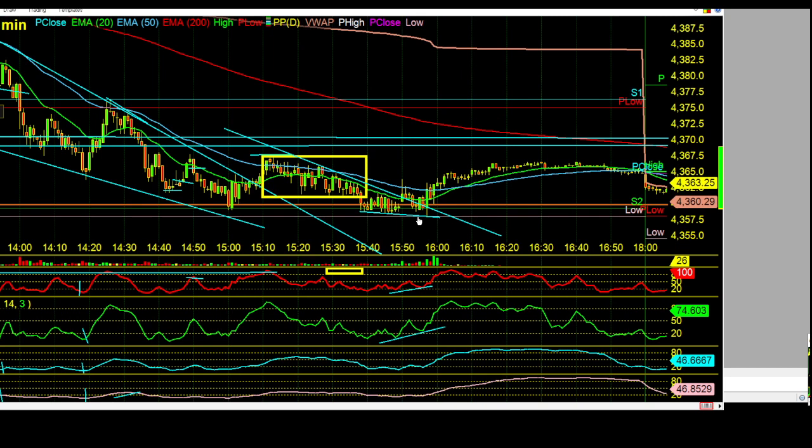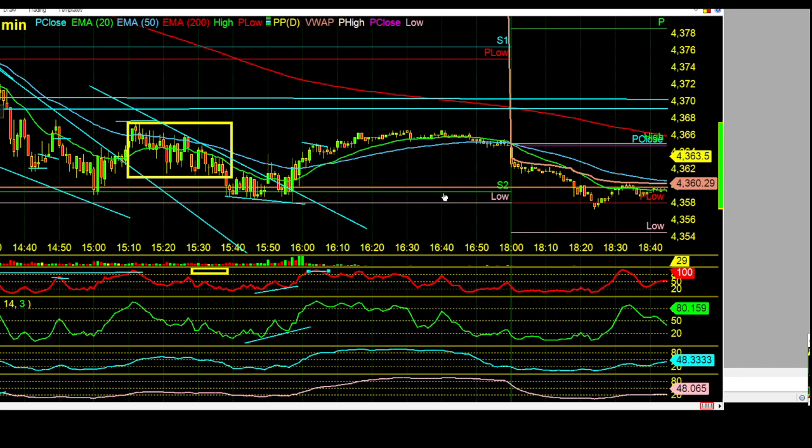So you had a little divergence here, and you had a nice little move. In this case, you got a little move up here, and you could take profits on that. Now you can move your stop up to break even, wherever that was, and let it run. And if it moves a little bit higher, then it moves higher. But again, you're on the 1 minute time frame. Most likely it's going to chop.